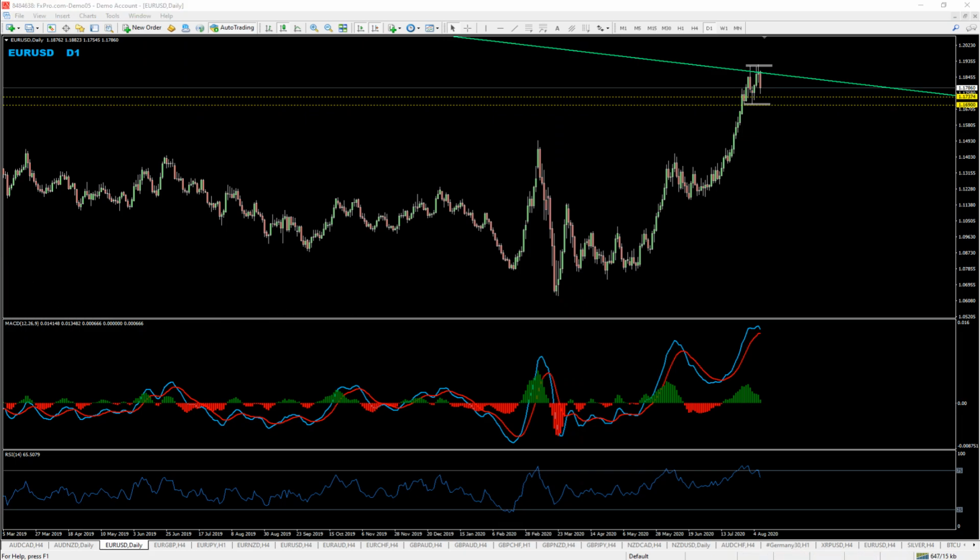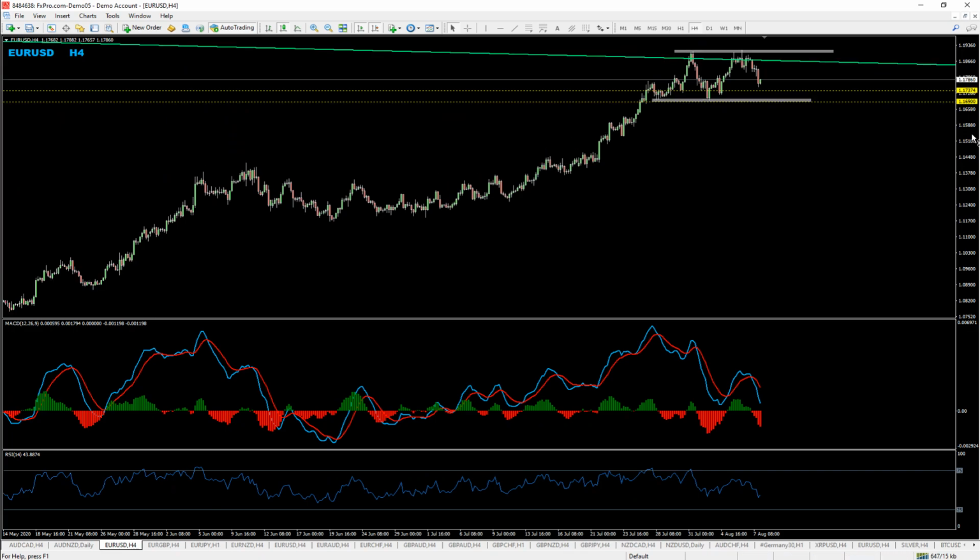So now that we're on the daily chart, we can talk about that. MAs and RSI are missing the divergences. I'm talking about this zone right here, and the only place we see divergence is on the histogram. Again, as we said, we have a level, so technically speaking, I would be expecting the price to give us some pullbacks here. And to be more specific, I'll drop even to the 4-hour chart,